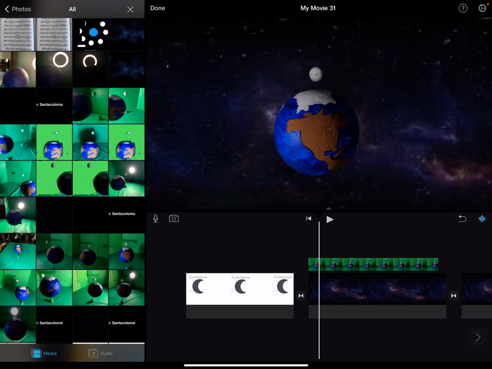Which one is it? Full moon, right? The picture is not very good. Let's say it's full moon. So if I'm doing everything on